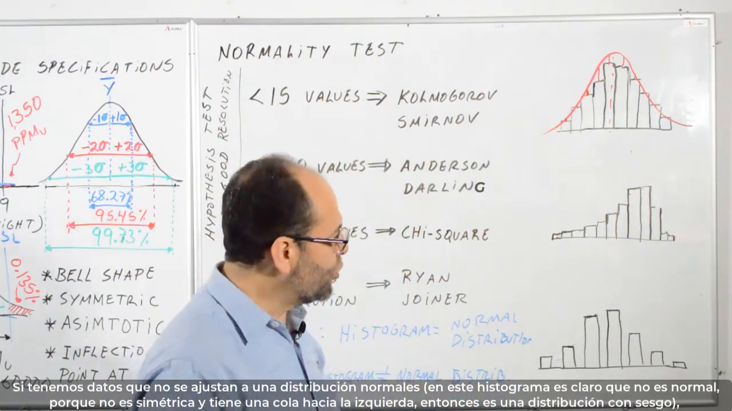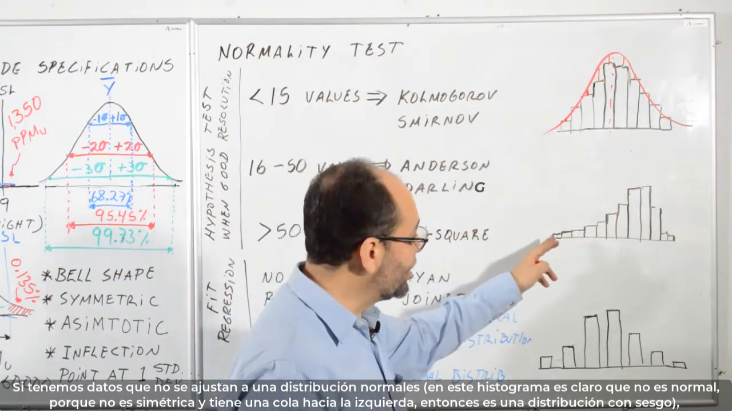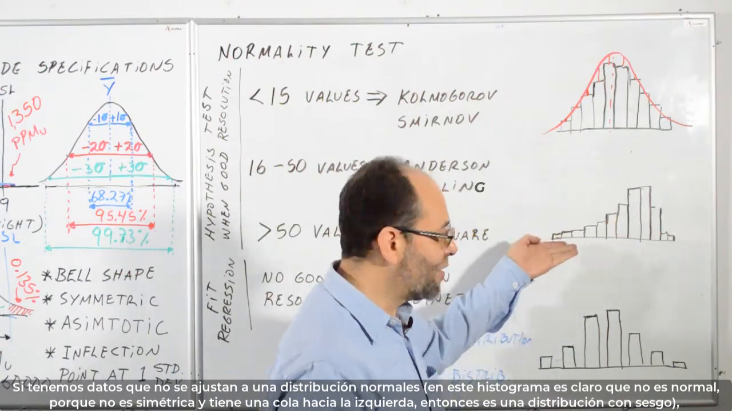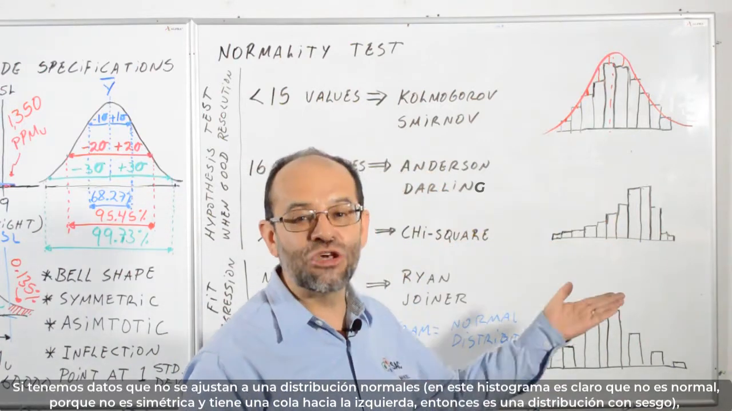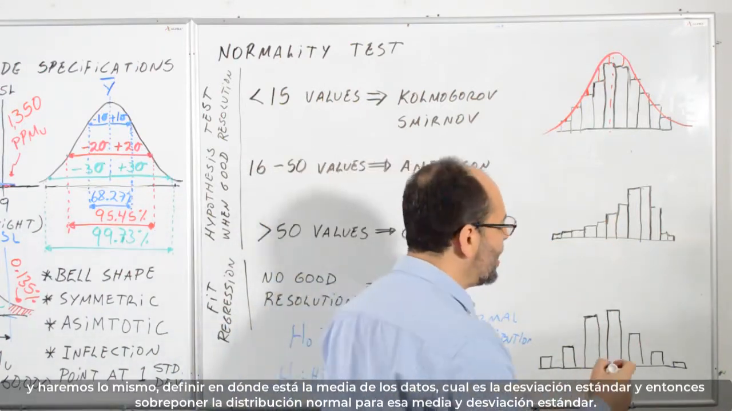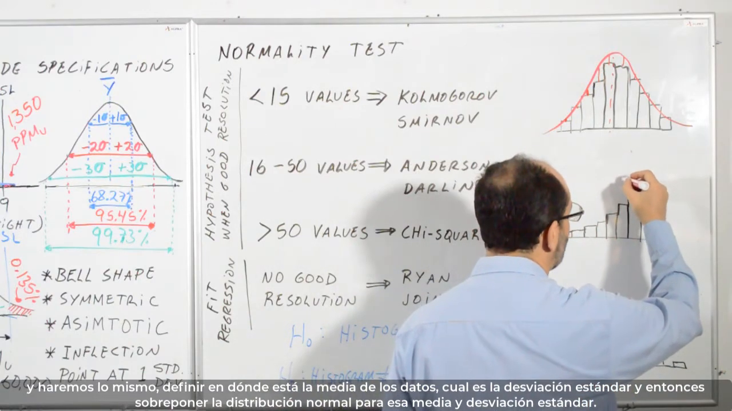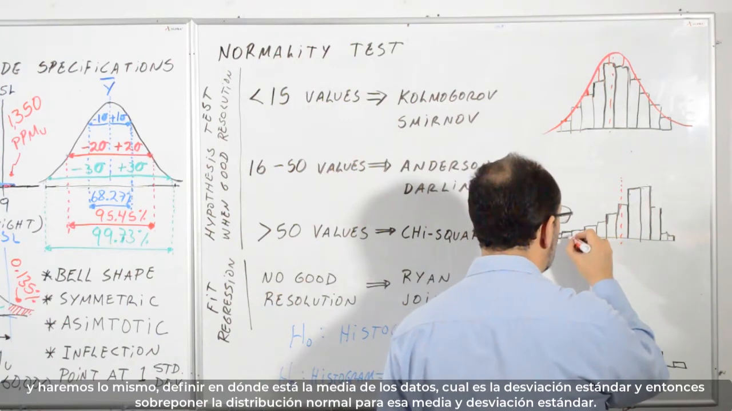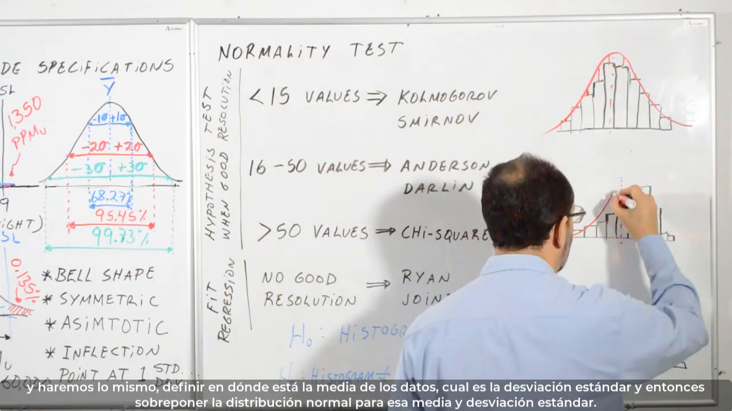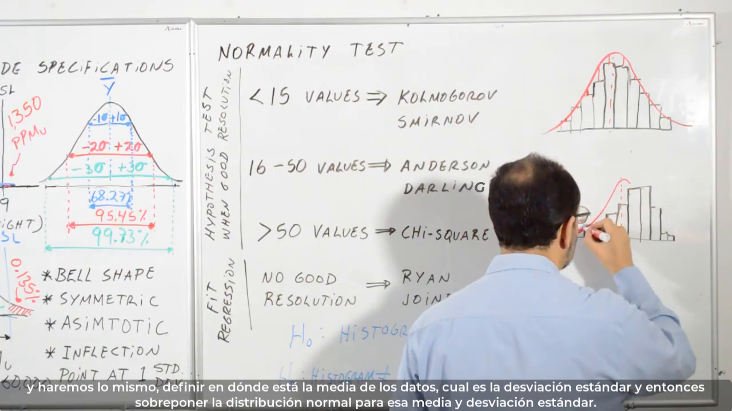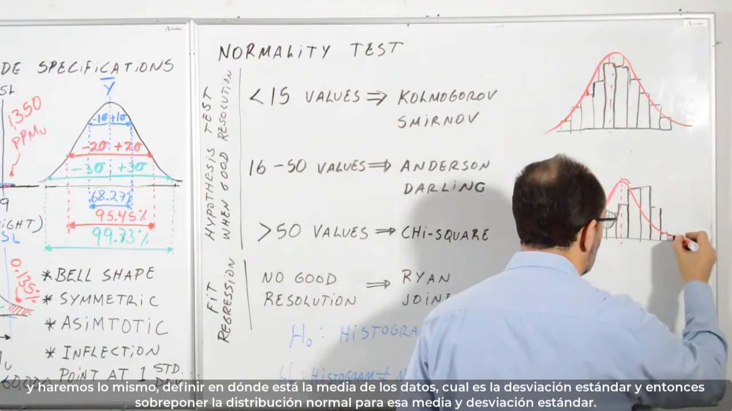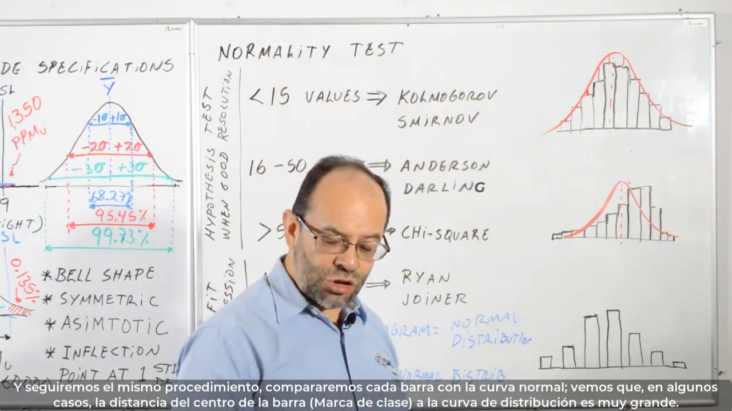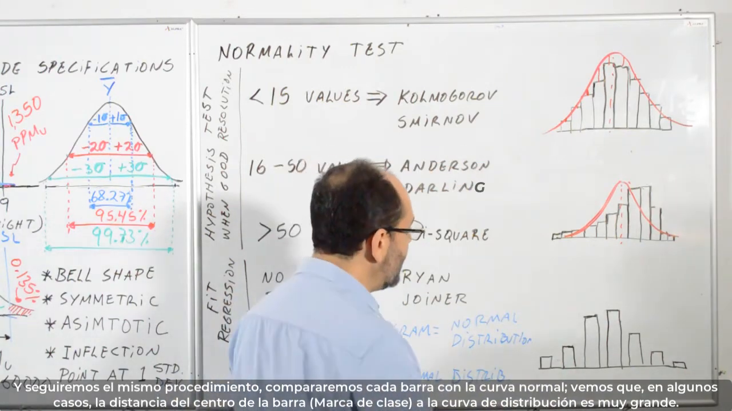But for instance, if you're having non-normal data, it is clear here that this histogram is not normal because it's not symmetric. You have a tail to the left, so that's a skewed distribution. But well, you will have to do the same. You define where is the mean of the data, what is the standard deviation of the data, and then you will overlay a normal distribution with that mean and that standard deviation. And you will do the same procedure. You will compare, well,